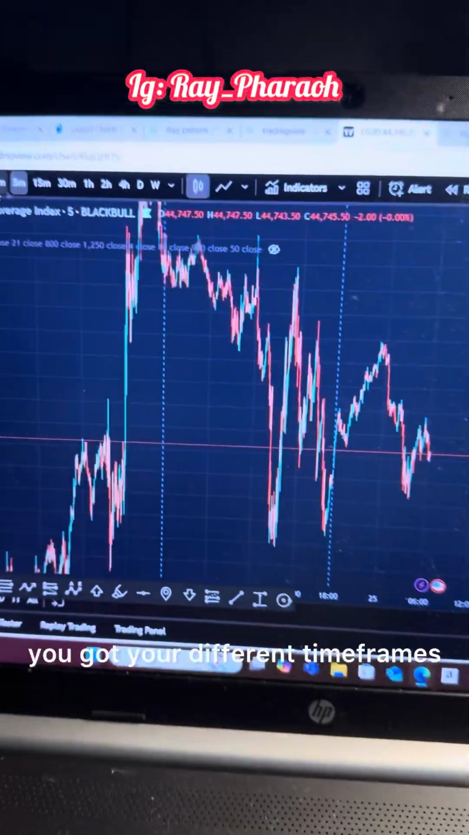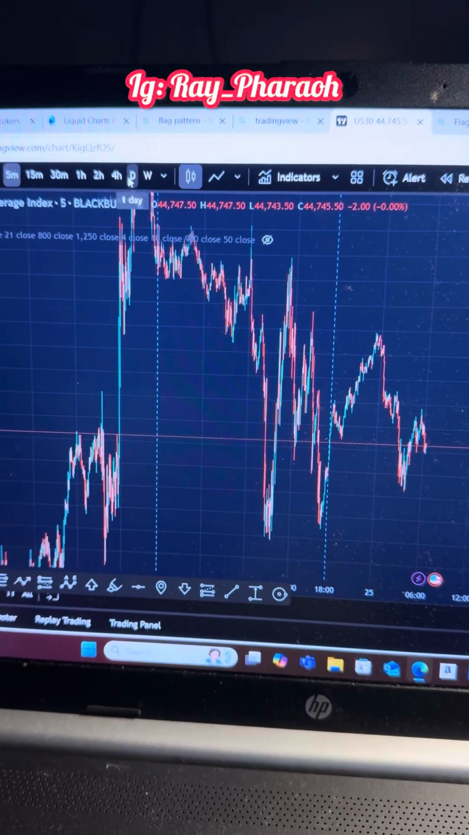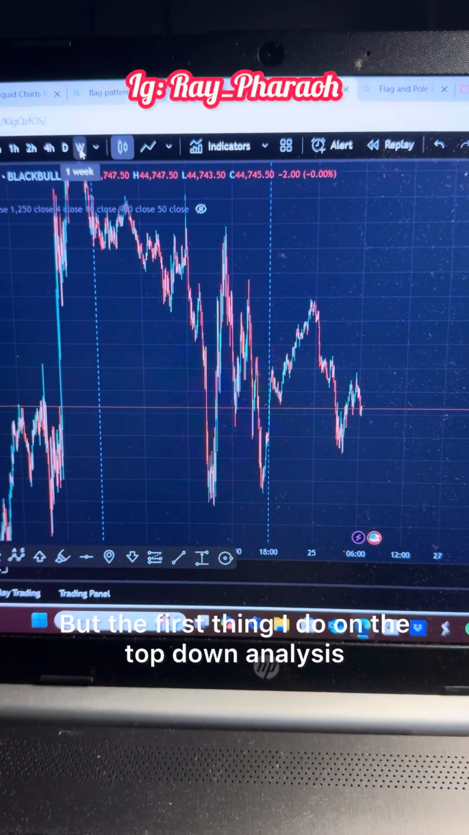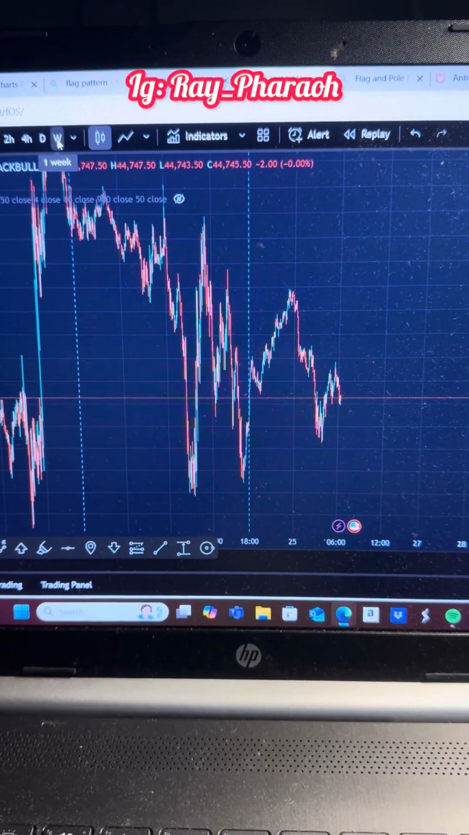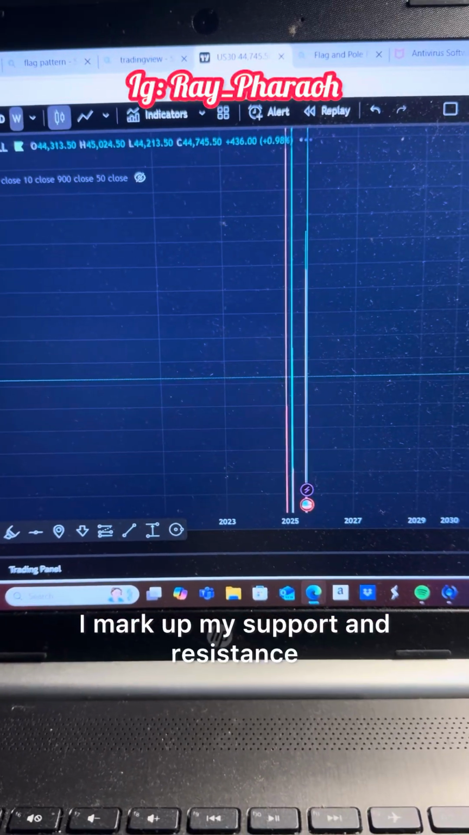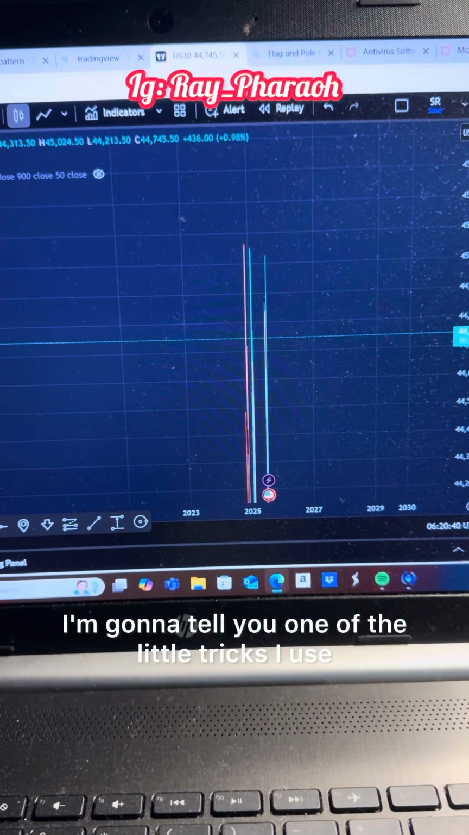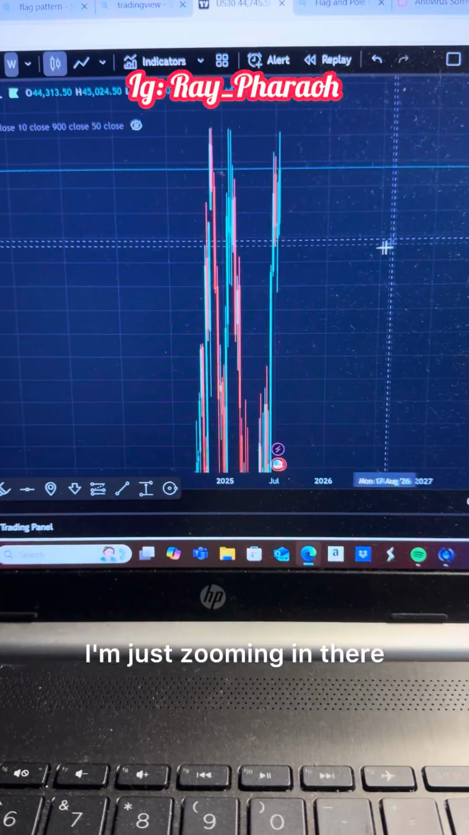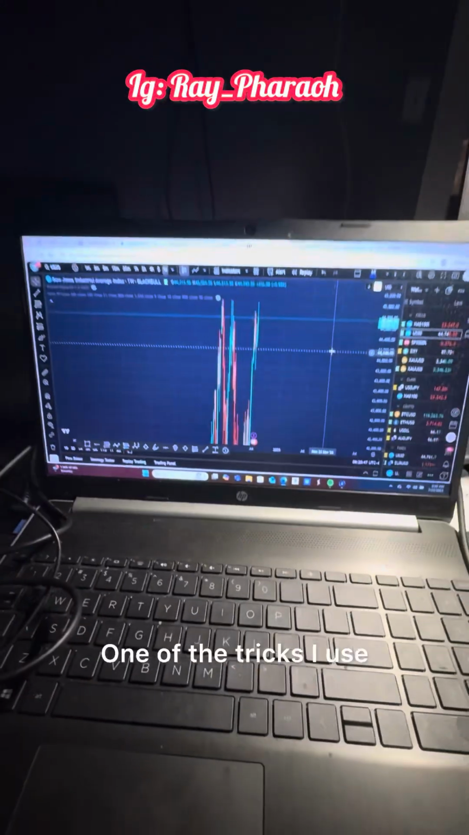So now you know you got your different time frames. So what we doing, we're gonna do a top-down analysis. But the first thing I do on the top-down analysis, I mark up my support and resistance. I'm gonna tell you one of the little tricks I use. I'm just zooming in there. One of the tricks I use,